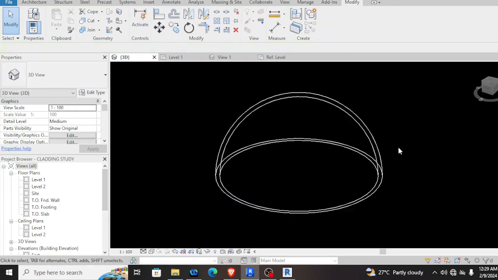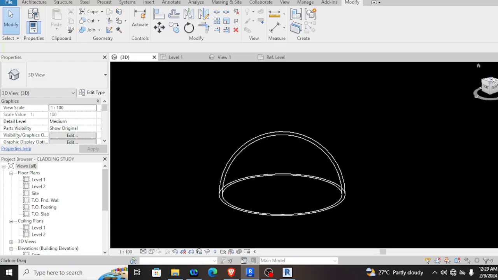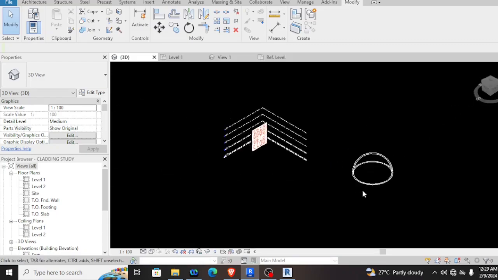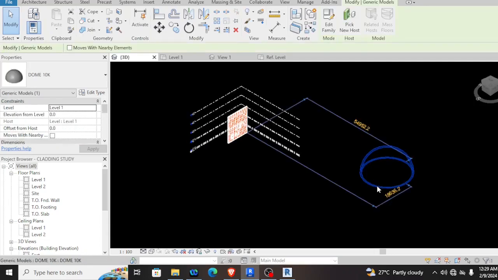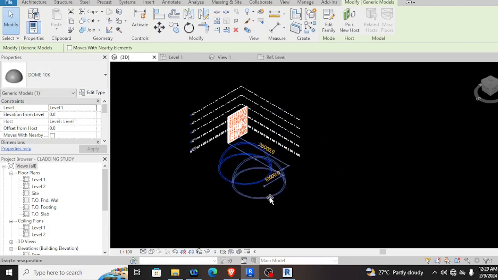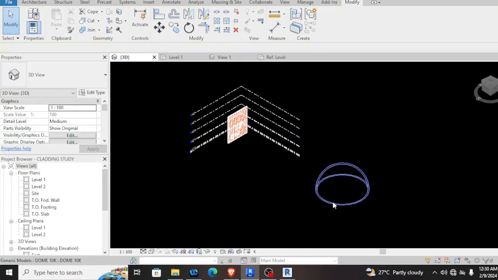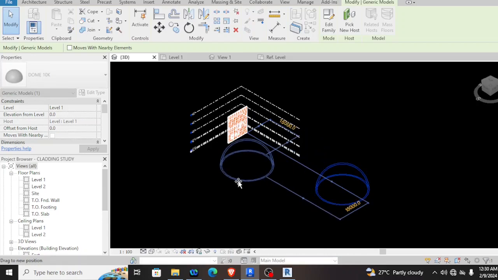I made it. This is a family. Look, you can drag this to any location you want. So if you have a structure here and you're going to put it on the top, you can put it anywhere.